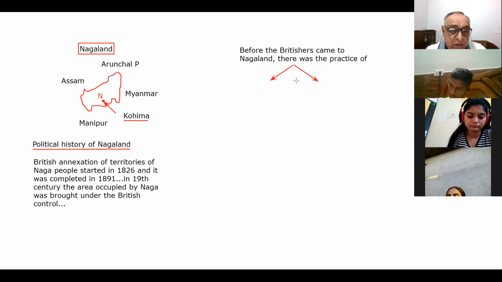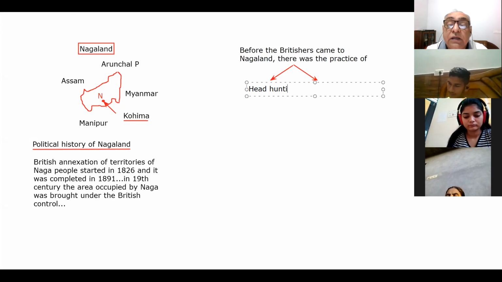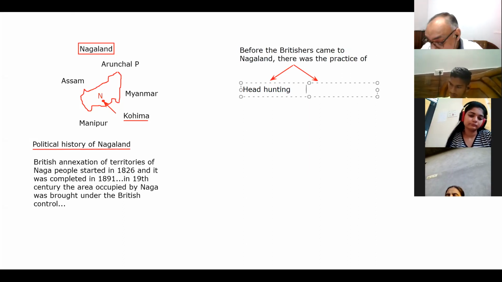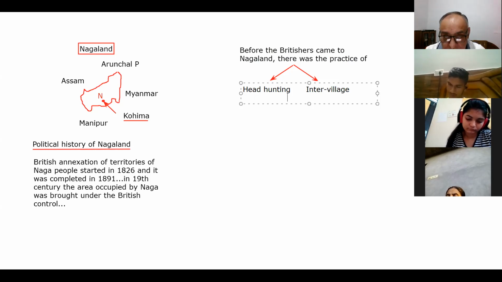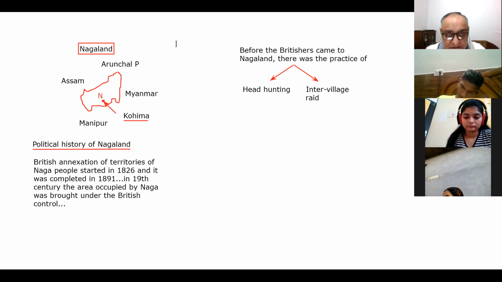One practice was head hunting, as we talked in the case of Mizoram also. And the second was inter-village raid. एक विलेज के लोग दूसरे विलेज को लूटने जाते थे. So head hunting and inter-village raid were the two negative practices prevailing in that community